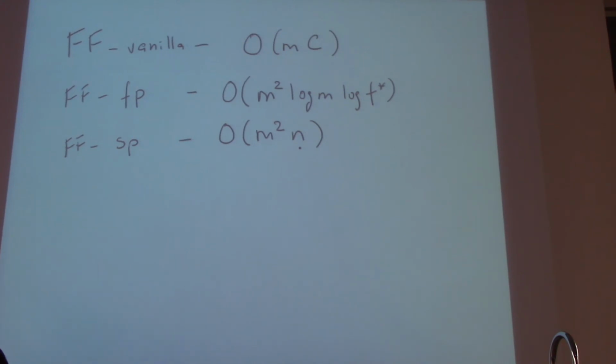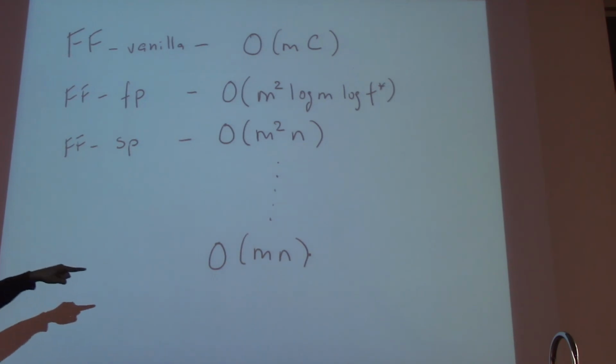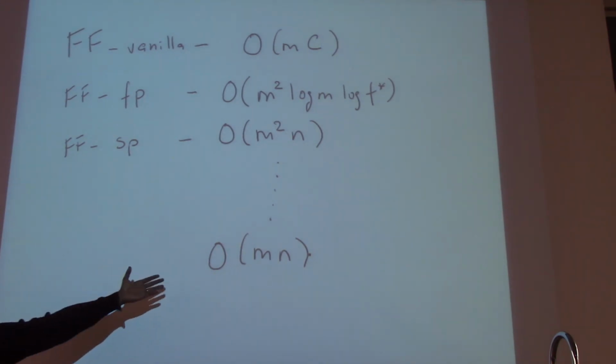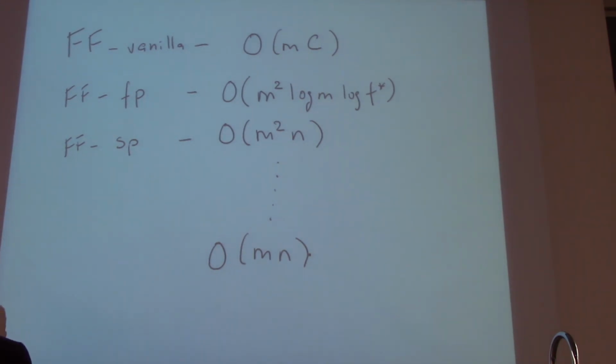And again, there are many, many more algorithms, to the point where now, like I said, we can basically get this, which is clearly better than all of these except the vanilla one when C is very small. It is better than all of these things. Mn is always better than m squared, because m is at least n for a practical graph. And you can do much better if you're willing to just get the value of the flow. You can get down to n if you want just the value of the flow, even slightly better, but that's another story. So that's where things stand.